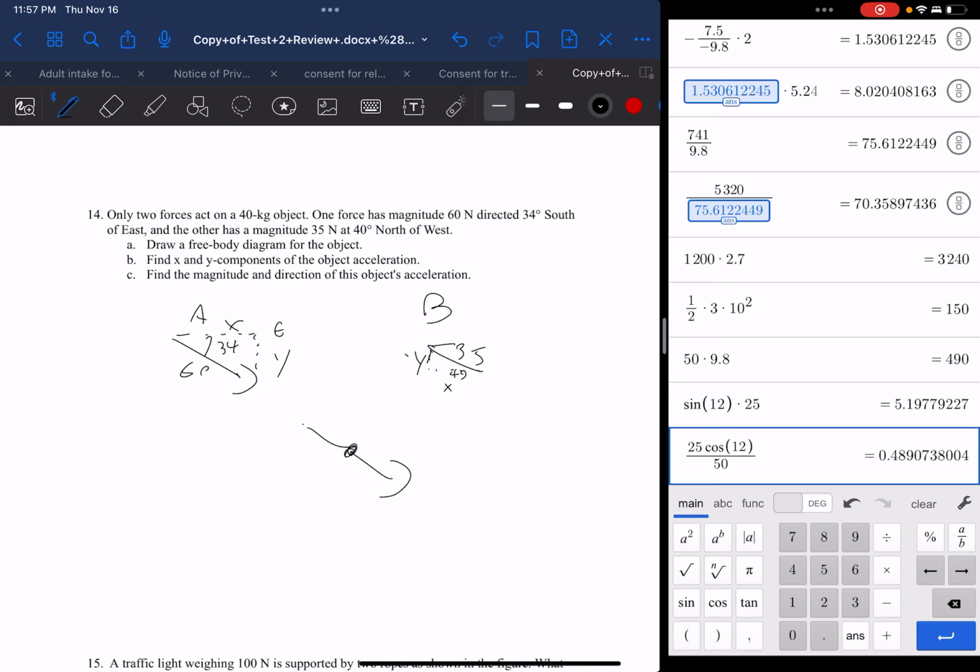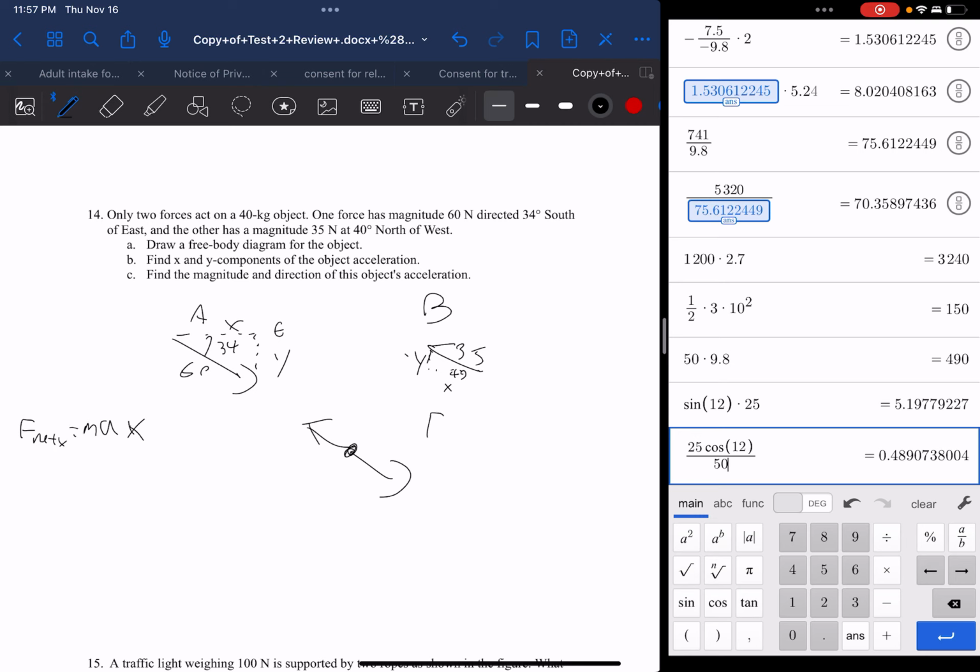That's the free body diagram. There are only two forces, the only two that we care about. Fine. The x and y components of the object's acceleration. So in order to find ax, we need the F net in the x direction, because F net x equals